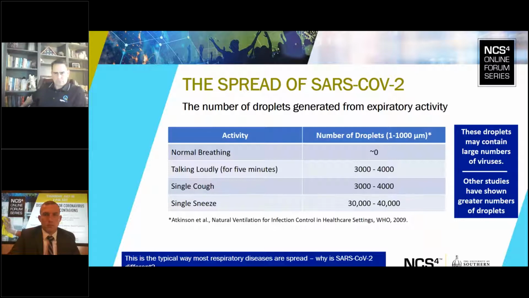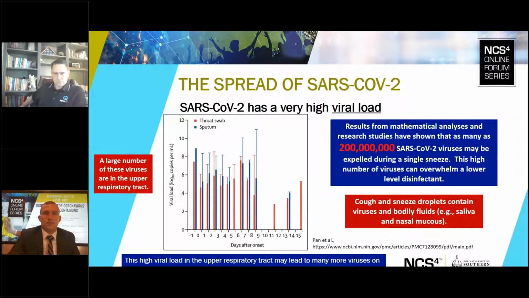So here are some estimates about the number of droplets that are emitted from various human activities. The bottom two rows are the ones that are really the most important. Coughs and sneezes emit a huge number of droplets, and these droplets are anywhere from about 2 or 3 microns all the way up to about 1,000 microns. The large droplets fall out very quickly and contain very large numbers of viruses. The actual number of viruses hasn't really been studied all that well. There have been some studies that have looked into this. What we do know is that